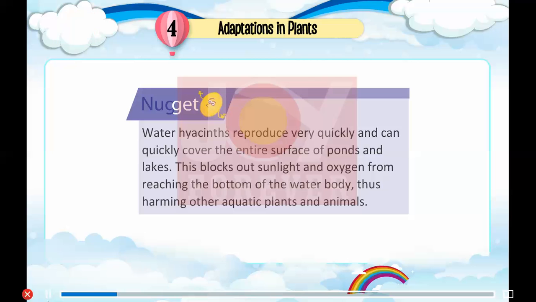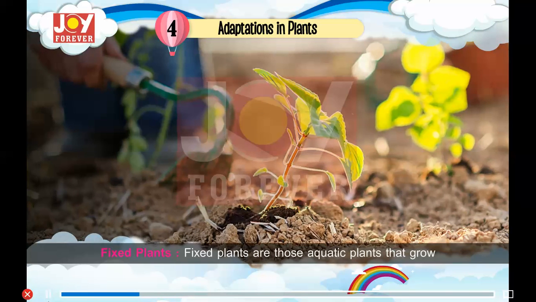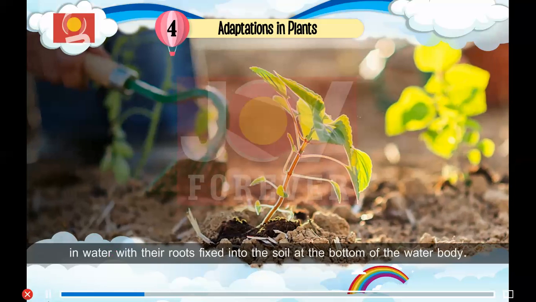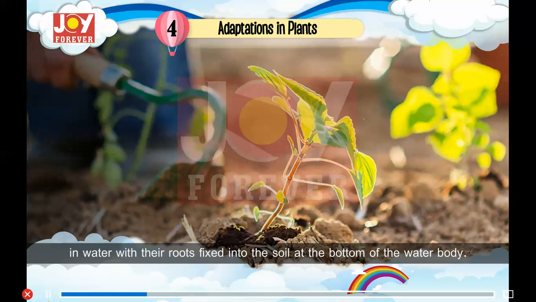Nugget. Water hyacinths reproduce very quickly and can quickly cover the entire surface of ponds and lakes. This blocks out sunlight and oxygen from reaching the bottom of the water body, thus harming other aquatic plants and animals. Fixed plants. Fixed plants are those aquatic plants that grow in water with their roots fixed into the soil